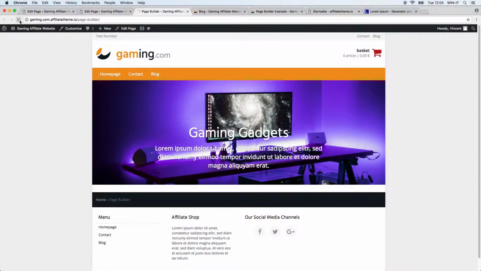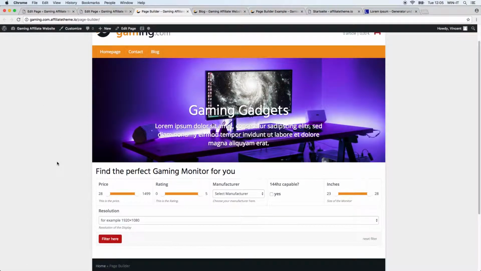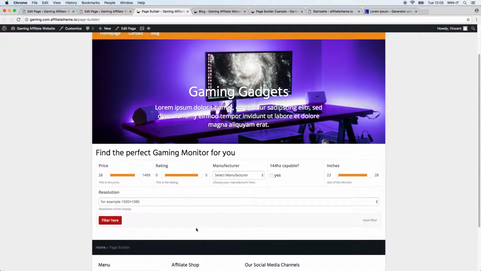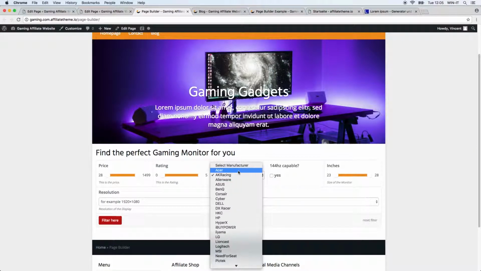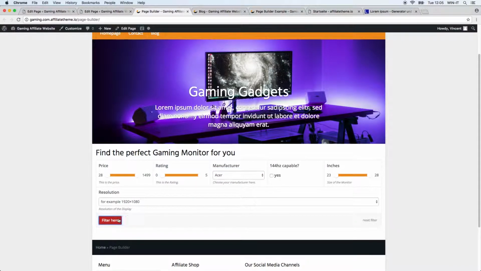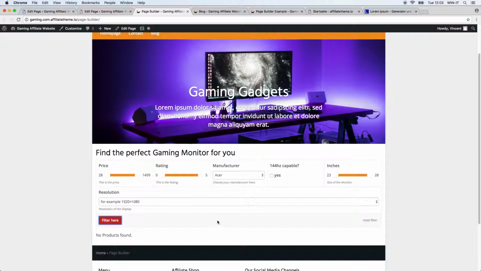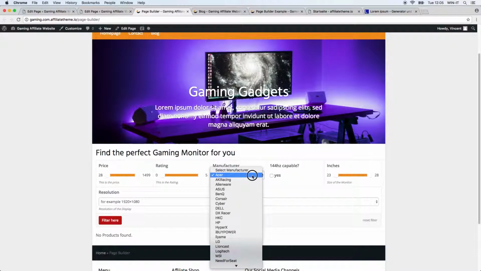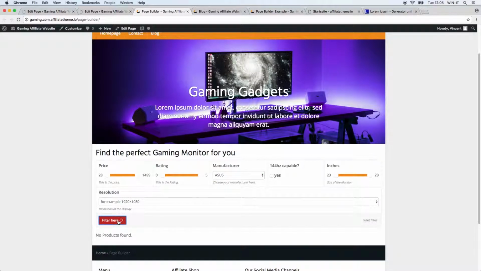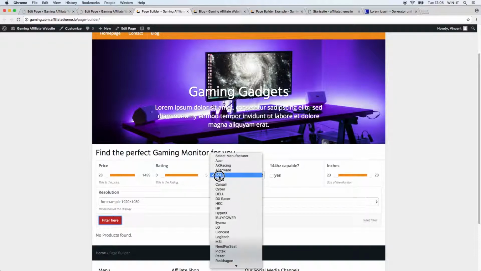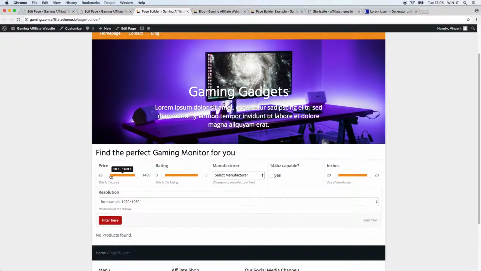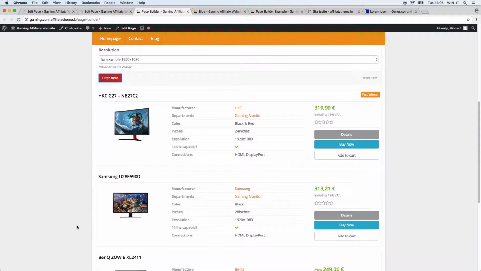We go back to our new page, and you can see we already have a nice filter added. And let's just check if it works. So we're just going to select a manufacturer. Okay, so for this it doesn't have any. Maybe for Asus also not. So let's just, well, say for this price limit, display products, and then you can see a list of products